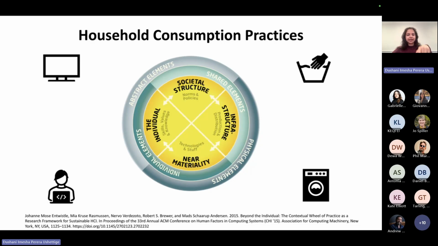The reference is down there if you wanted to take a look at it. What recent researchers have been saying is, if you want someone to change their behavior, that might not last for a longer period of time because of the environment they live in. There might be external factors and internal factors that affect that behavior.